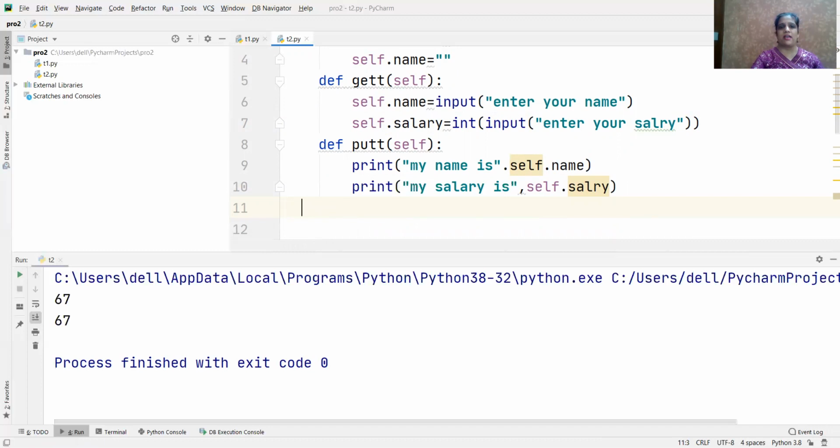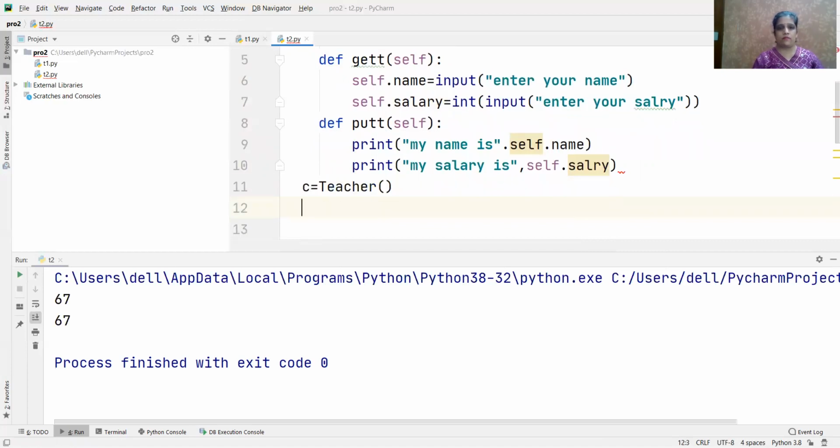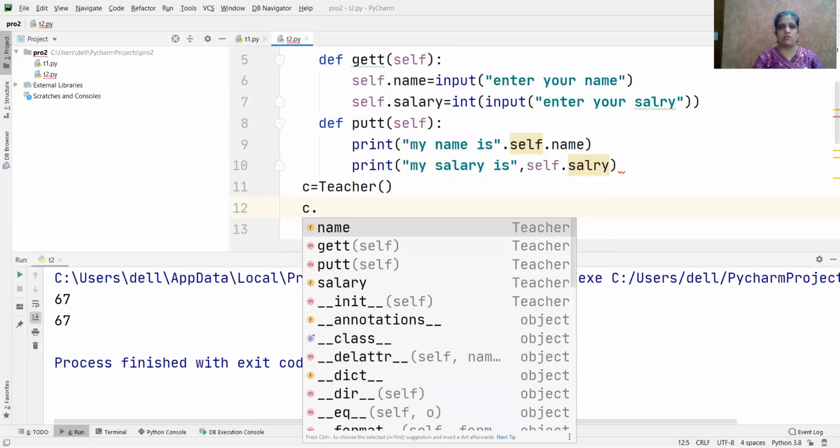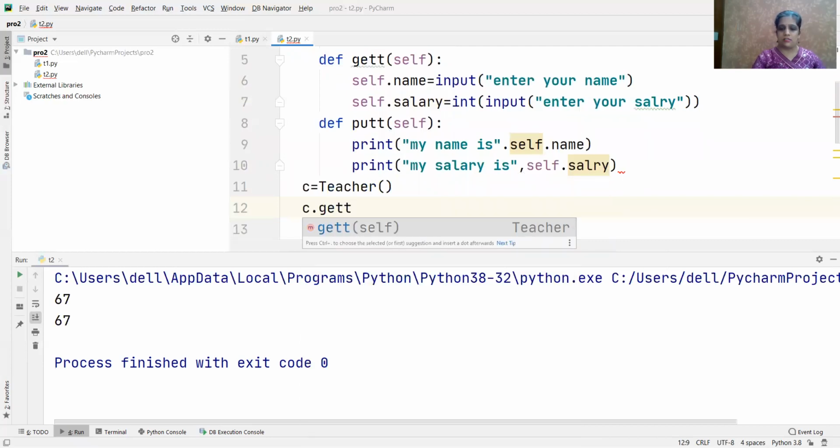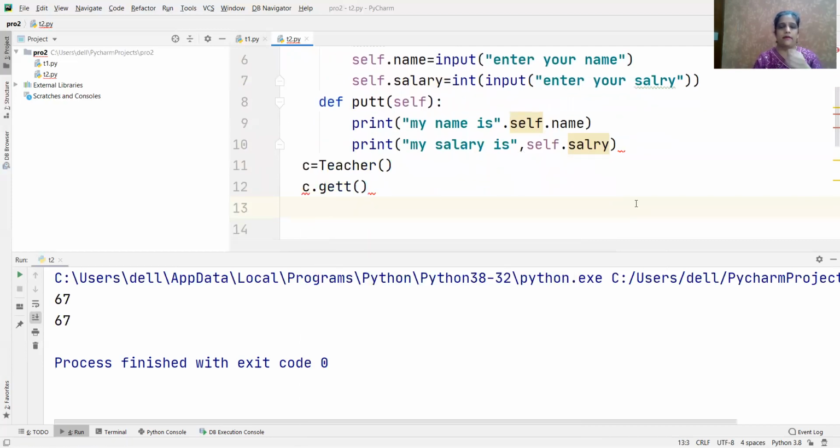अच्छा, init method I have not to call. उसे मुझे कॉल करने की जरूरत नहीं पड़ती है, वो ऑटोमेटिकली अपने आप कॉल हो जाता है. ठीक है, लेट मी पुट हियर द वेरिएबल से एज, अच्छा मैंने ऑब्जेक्ट डिलीट कर दिया था. सी डॉट टीचर. ठीक है, अब इसको हम कॉल कर लेते हैं इन दोनों फंक्शन को. सी डॉट गेट, देन सी डॉट,